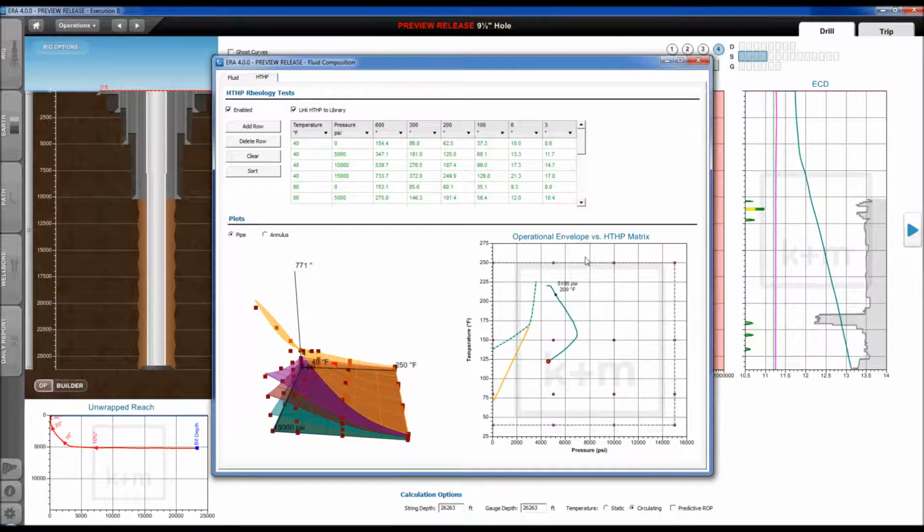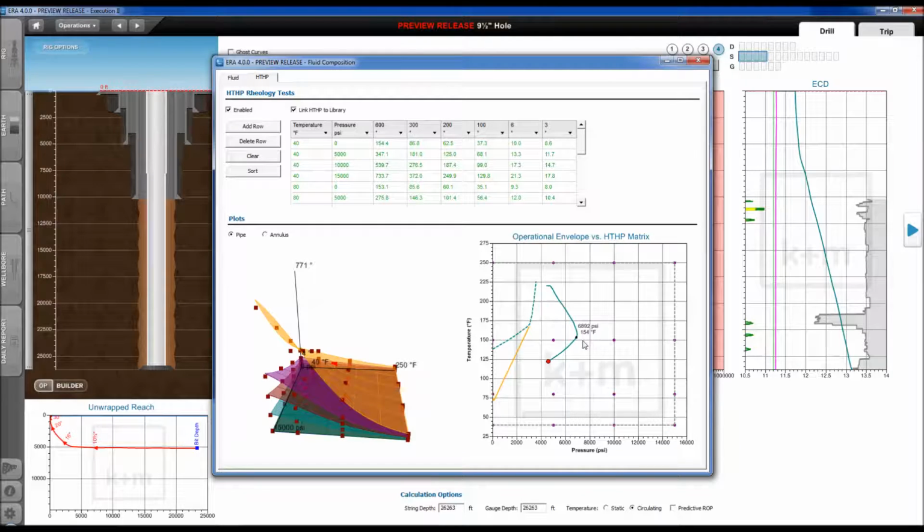If I was to be operating outside the matrix, then that would create an error flag, or an alert. I shouldn't say error, but an alert that it's possible that the model is going to be projecting erroneous rheological information, because we don't have any data to confine what the model comes up with. If we were operating at, let's say, 350 degrees Fahrenheit and 20,000 psi way out here to the right, then we wouldn't have much confidence that the model was accurately predicting the rheology. So what you would try to do is go and test your fluid at those conditions